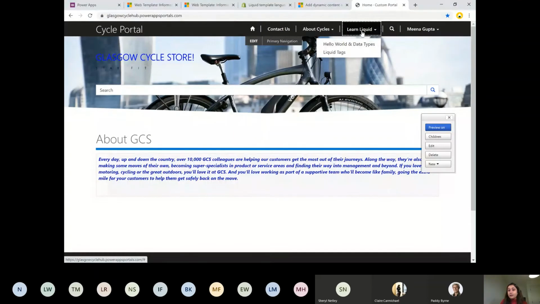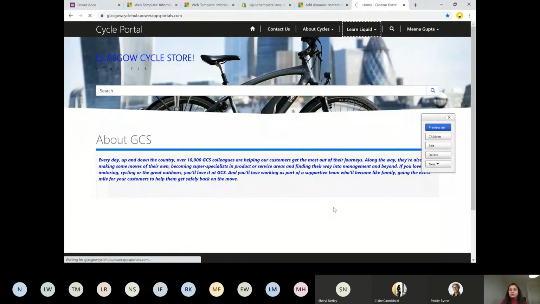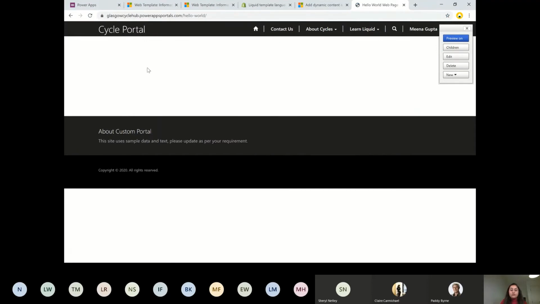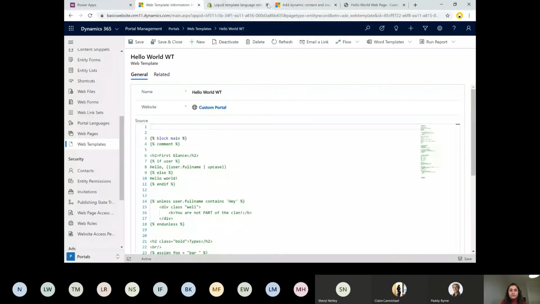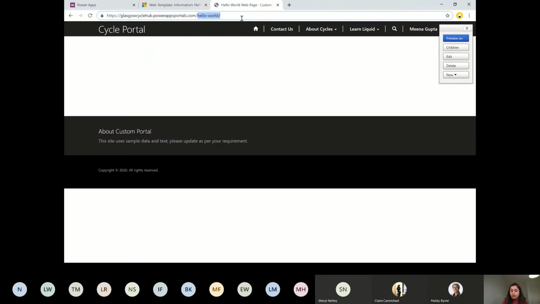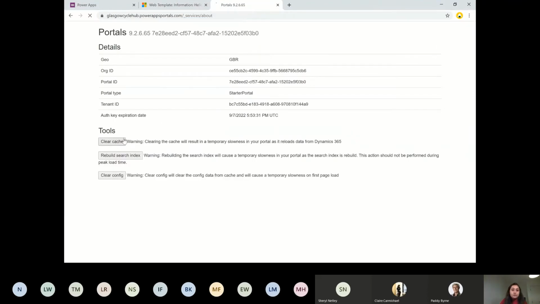In the web link set, I have added this web link and the child web links. If I go to this one, hello world, it is just blank. I don't see anything. And if I would like to print anything here, it's just going to come right from here because no styling is given. Now let me close this, go to the same web template, do Control Z, and just save it and see what's the difference in the styling. That's all out of the box. I'm not doing anything; I'm just including that web template in my web template. So let me just clear the cache and go to the same page again.